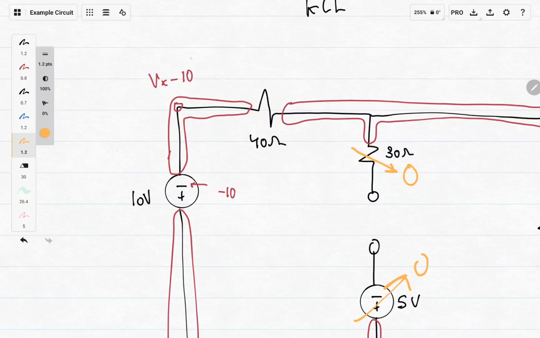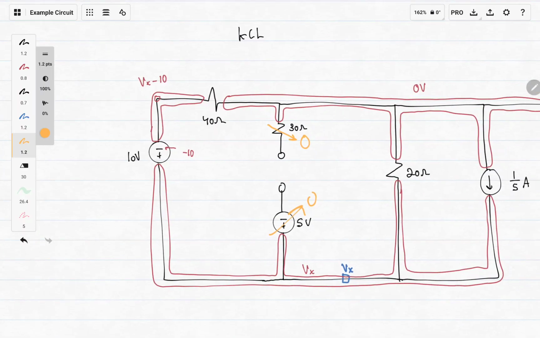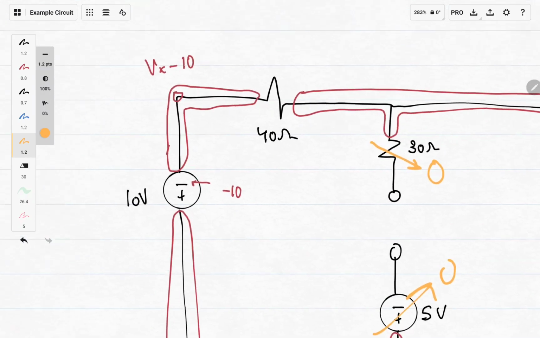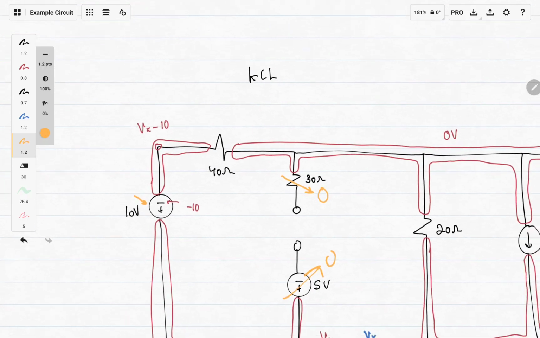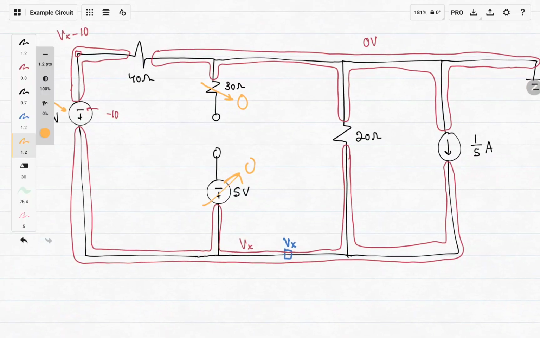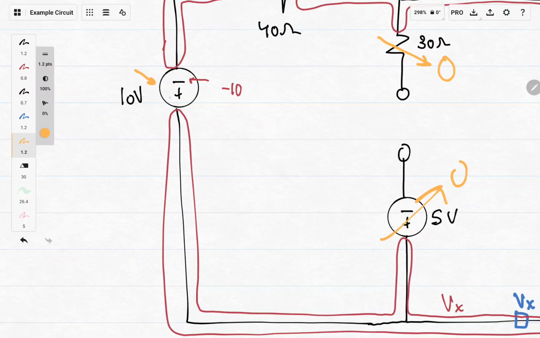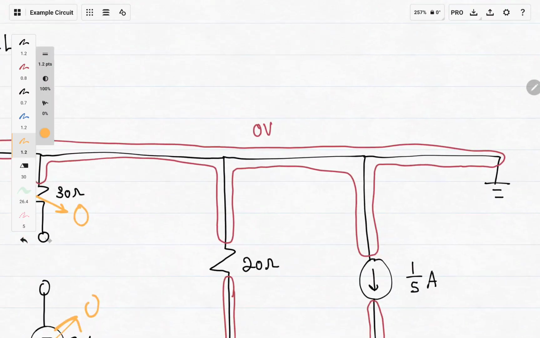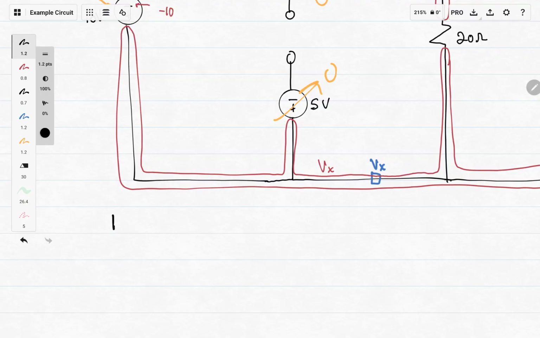We'll start right here at Vx minus 10. The reason we start there, not there. We start at 0 volts, sorry. We wouldn't start at Vx minus 10 because there is a voltage source here. And with KCL, I was taught don't use it around voltage sources. So we're not going to use it through there. And that's also the case with Vx. We wouldn't do it with Vx because we'd have to go through this voltage source again. So the only place we could actually do it is ground. So let's write our